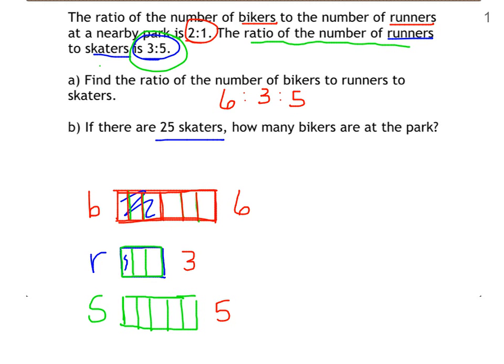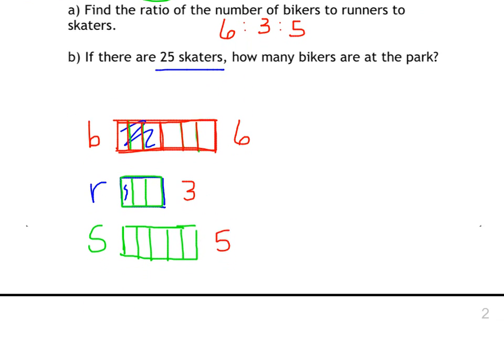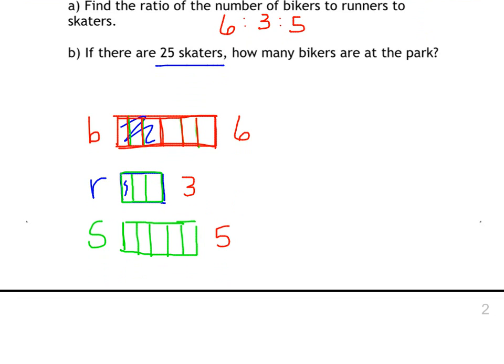I think we're ready to do part B. It says if there are 25 skaters, how many bikers are at the park? Well, that shouldn't be too hard. We have done this kind of thing before. Let's make sure we label our model with everything that we know. We know that there are 25 skaters, and what we want to know is how many bikers there are. So we're also going to label what we want to find out, the unknown, with a question mark. Well, I think this is going to be pretty straightforward from here. If I know that 5 units of skaters, 5 units here,